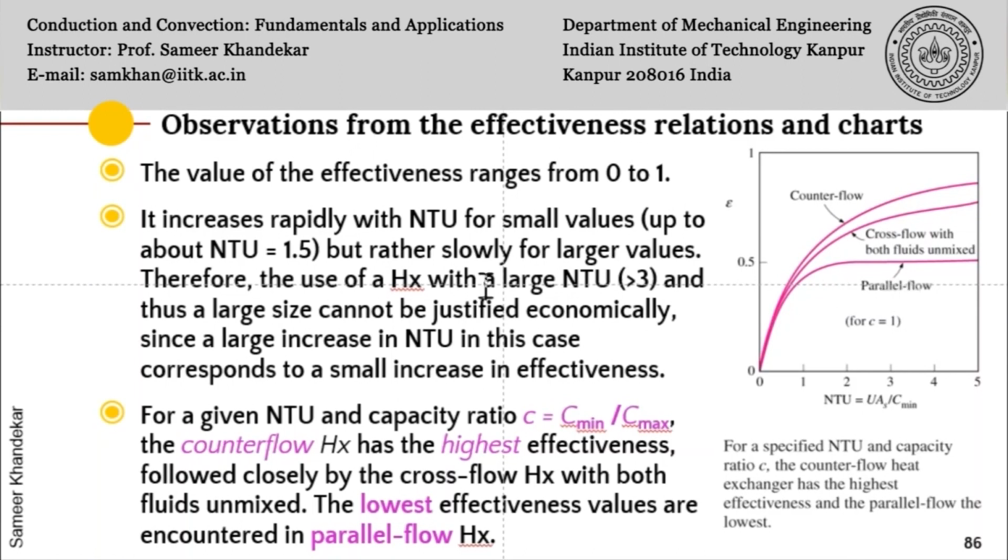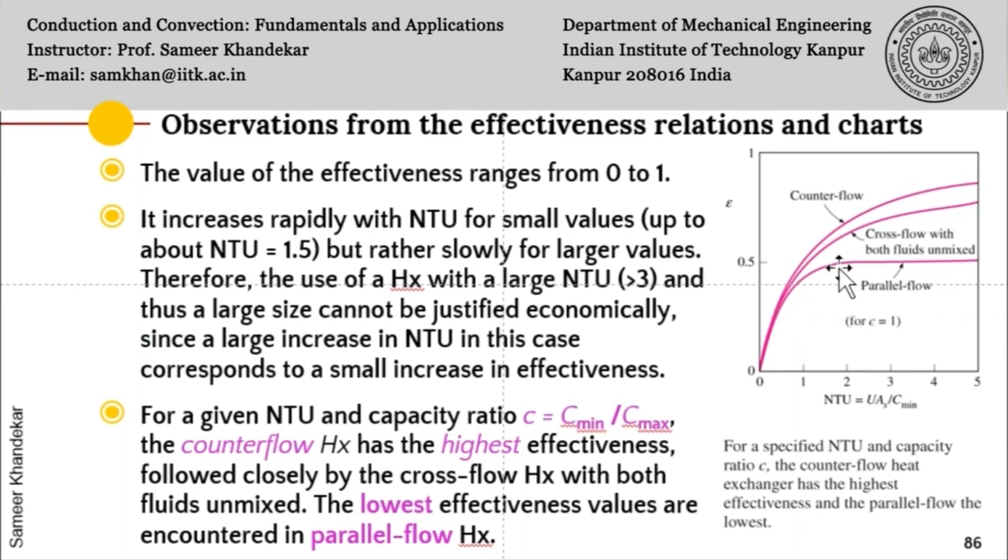So what do we note? That this particular expression, the effectiveness, which is on the y-axis here, increases rapidly with NTU. The effectiveness increases rapidly with NTU for small values up to about 1.5. So you can see this is changing very rapidly from 0 to almost 50%, crossing 50%. Therefore, the use of heat exchanger with an NTU which is greater than 3 and thus a large size cannot